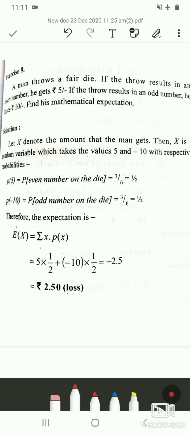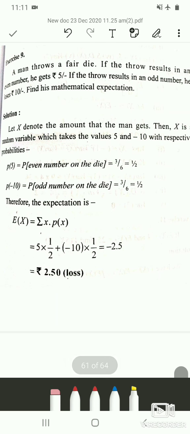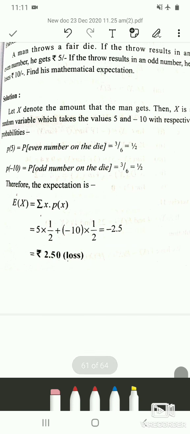appears, he gets 5 rupees, or else he loses 10 rupees if an odd number appears. So now let us denote X as the amount that the man gets. Then X is a random variable which takes values 5 and minus 10 with respective probabilities. Therefore, P of 5, that is when he gets 5 rupees, the probability is that there is an even number